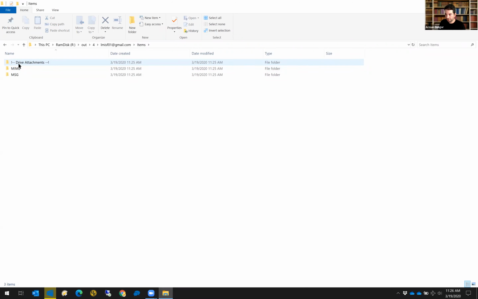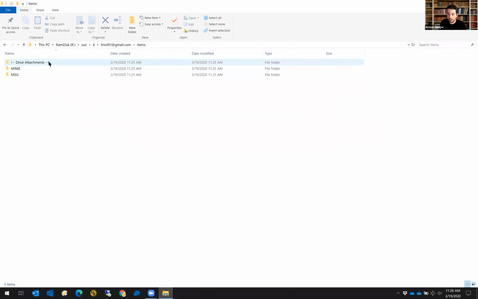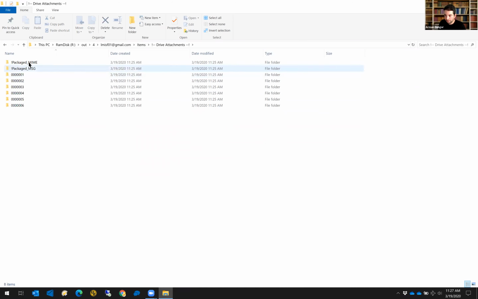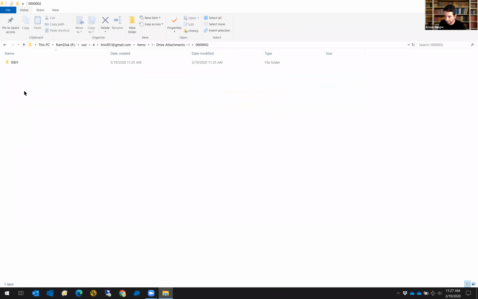So we have the items folder. Let me finish this acquisition here. We have our drive attachments folder. And before, we didn't have these two folders, so we would have just this stuff here. And these folders have